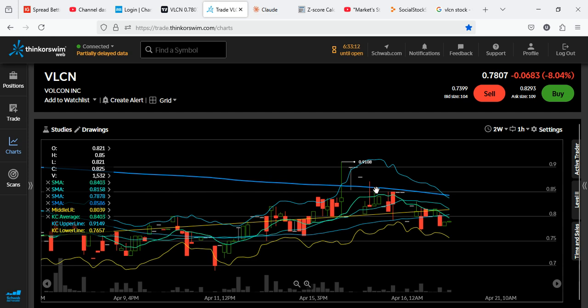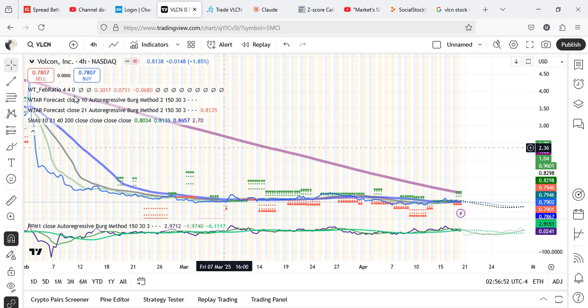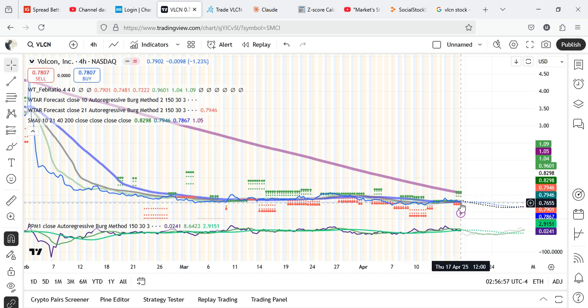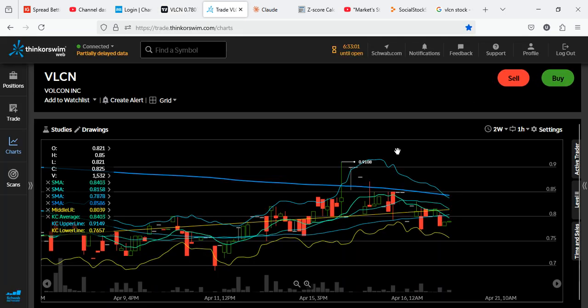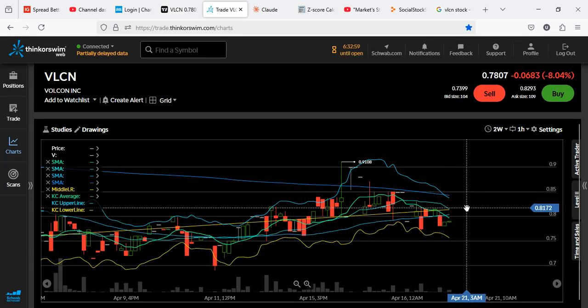Low float VLCN is in a strong bearish trend. Its 200-day moving average is sloping bearishly lower. In the intermediate term, it is quite neutral. As things stand right now in the pre-market session of today, the 21st of April, it is down 8.04